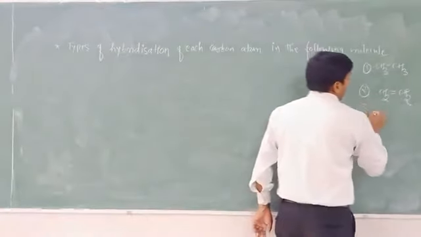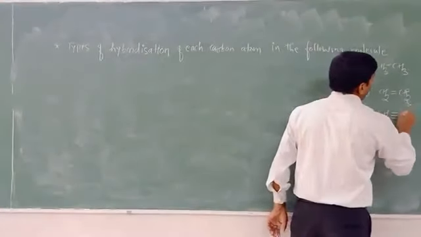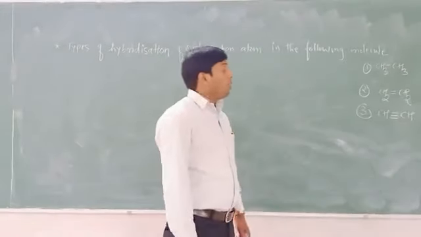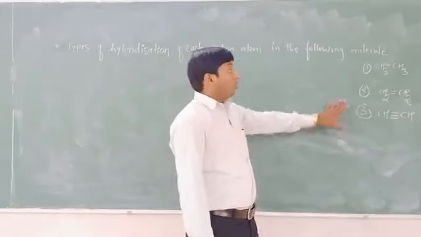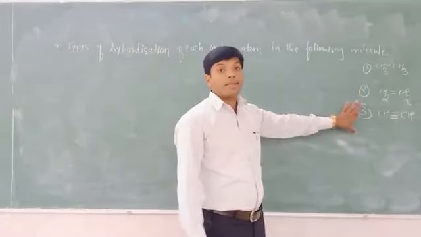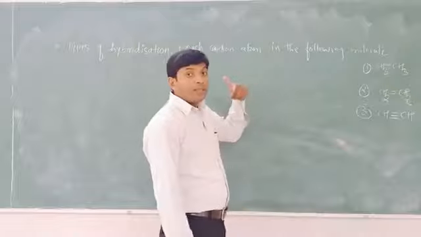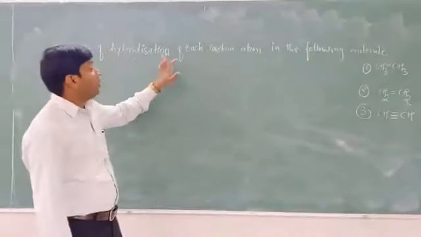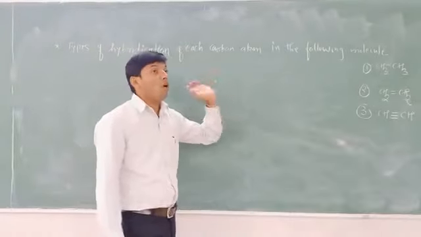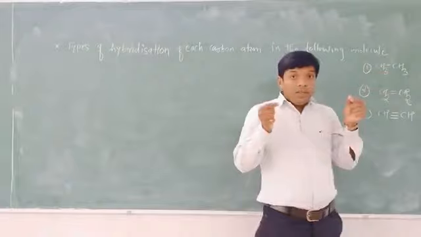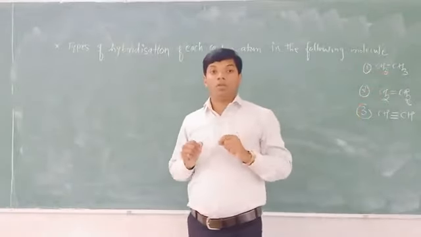And third, I will write CH triple bond CH, ethyne. So try to understand first of all the hybridization of these alkane, alkene and alkyne examples. What they ask in this question is the types of hybridization of each carbon atom in the following molecule. Before that, first of all try to understand that whenever the carbon has a single bond,